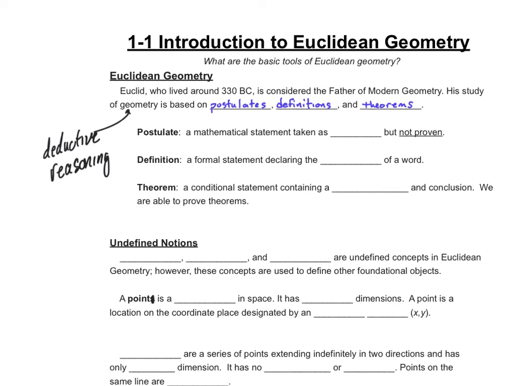Hey, good morning. And we are going to begin in geometry talking about Euclidean geometry, just the introduction to Euclidean